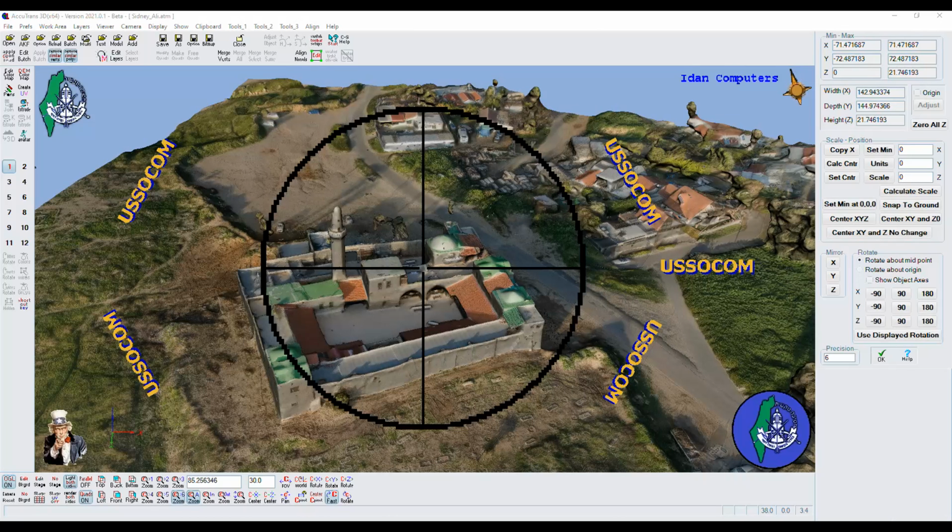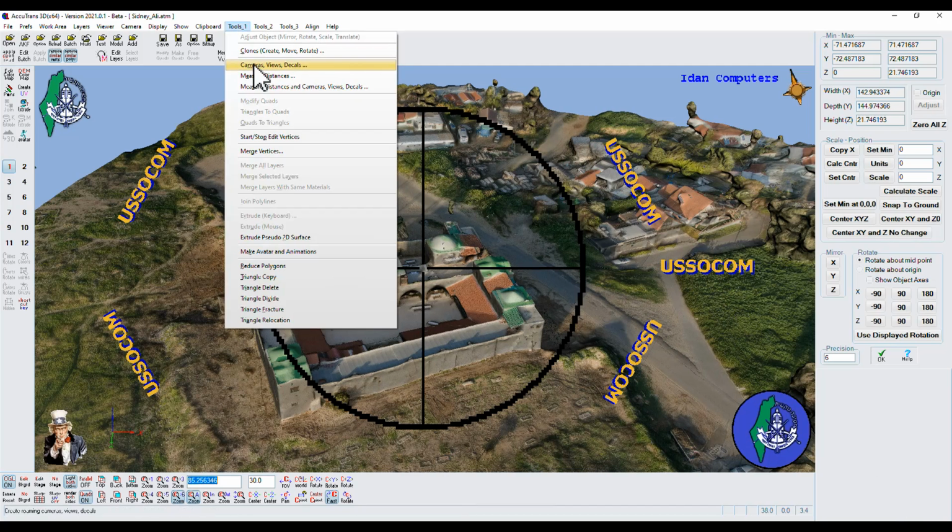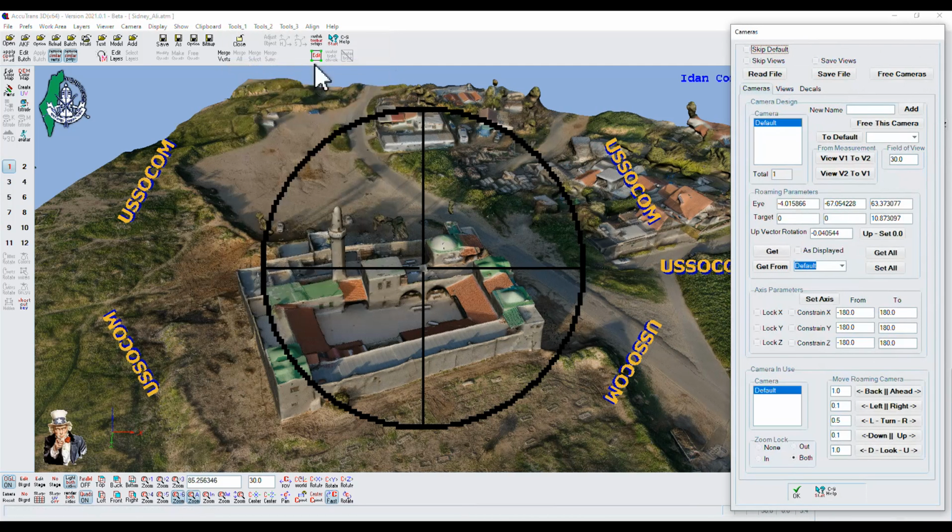Hello, this preview shows a new feature coming to AccuTrans 3D, and it's DLL. Decals such as a company logo can be placed on top of the image shown in the OpenGL view window. To reach the control for decals, we use the Tools, Cameras, Views, Decals menu item, and it opens up